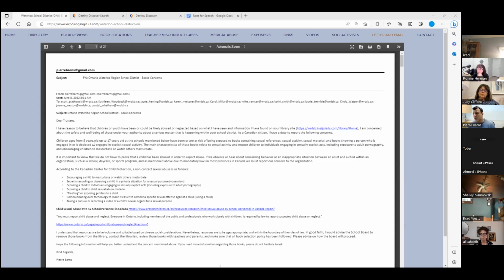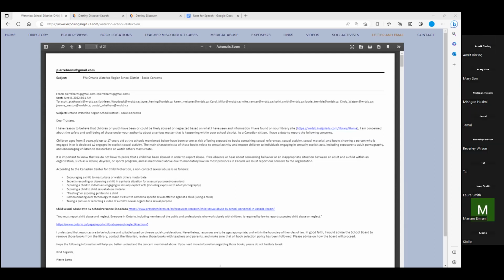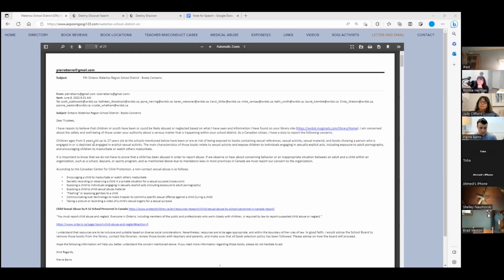So they cannot just stop you and tell you, you cannot, because if you have concerns about sexual abuse, you have to talk about it. No one can silence you to expose sexual abuse. So that's the way I approach it, because for me, it's clear in my head that showing sexually explicit material to children is child abuse. And what I'm doing, I am reporting that. So it is my duty.